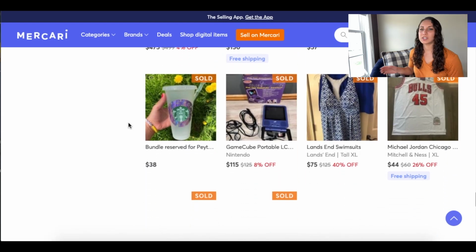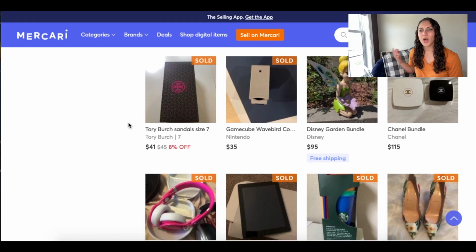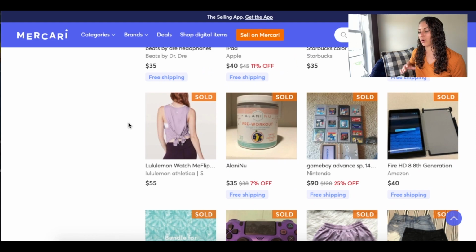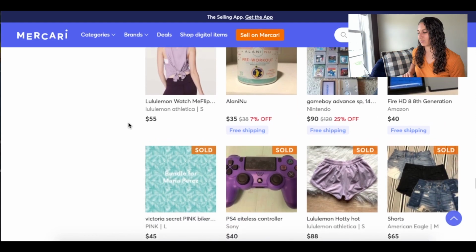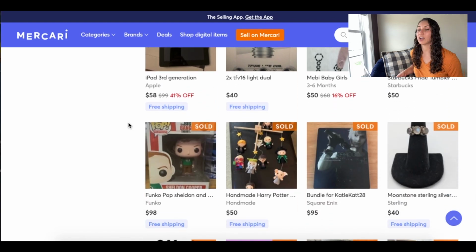So this really just gives you an idea of what's current on the platform. That's all I really wanted to show you all today, because some people don't even realize that this exists. They just go on their phone and just upload photos. But if you actually take a look at what is selling right now, it might really help you when you're either going through your house or thrifting to sell items. So definitely take a look at that whenever you guys get a free moment,